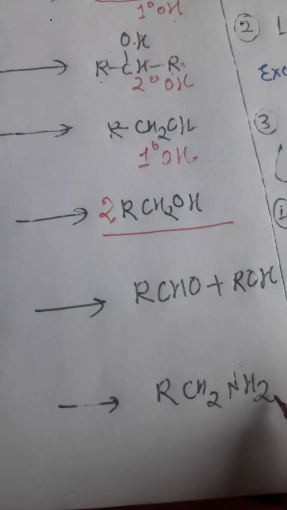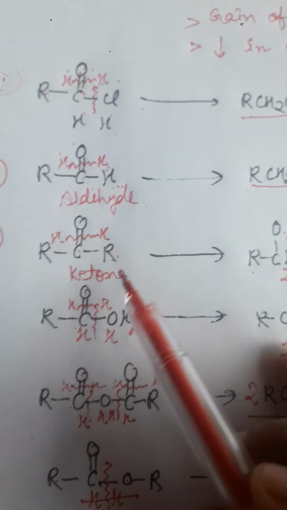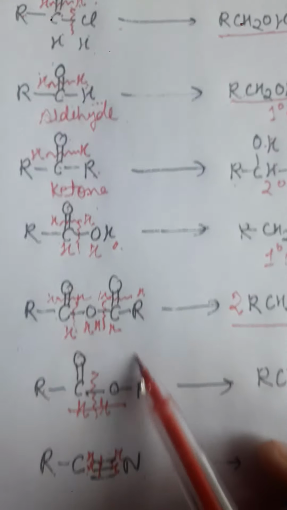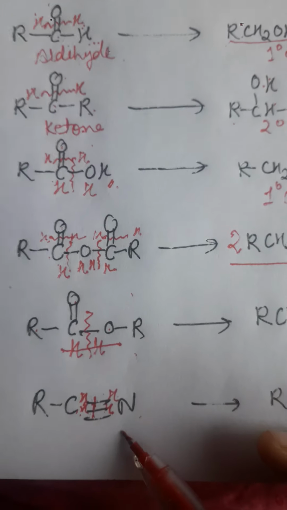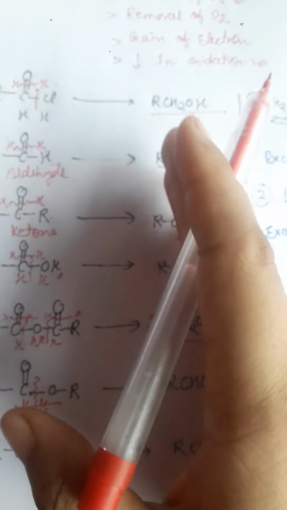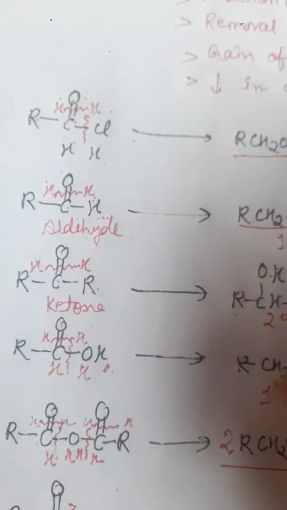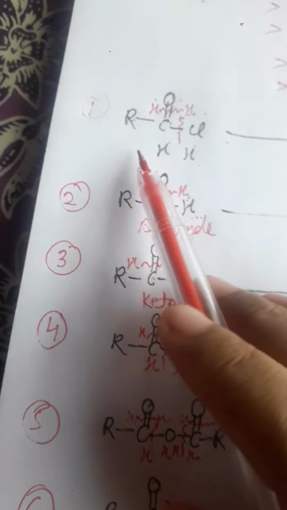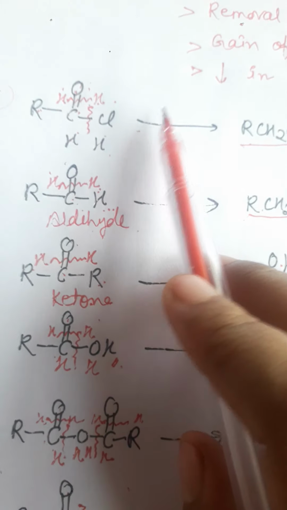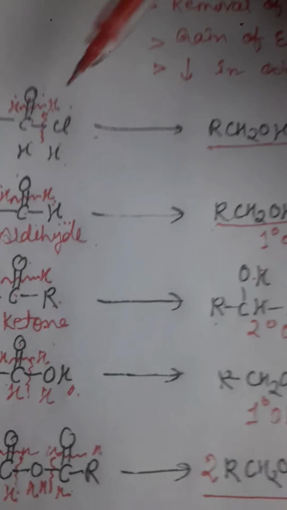So that is how these acyl chloride, aldehyde, ketone, acid, anhydride, ester and cyanide groups are going to be reduced. The next thing we have to focus on is that we should know which type of reducing agent, or which type of catalyst, should be present here. Suppose in your exam the question comes RCOCl and there is a catalyst, then surely you will attempt how this particular molecule is going to be reduced.